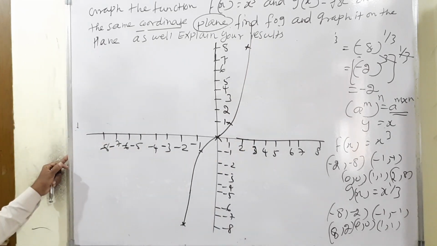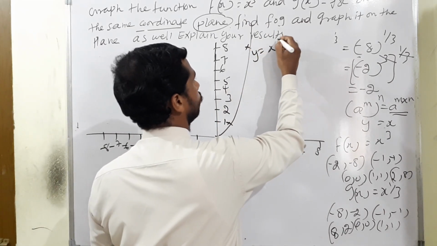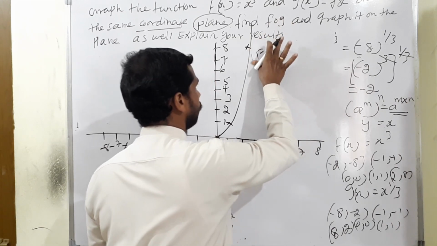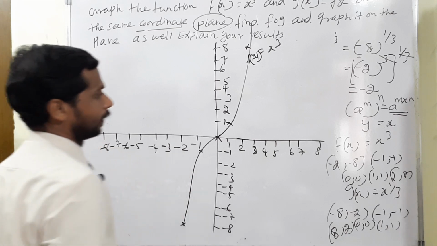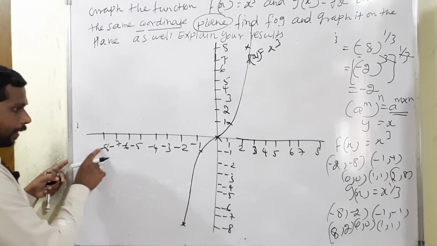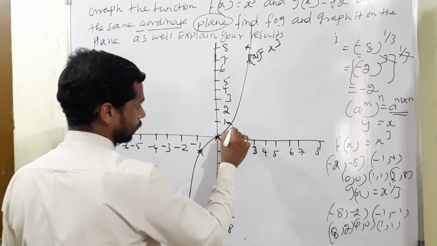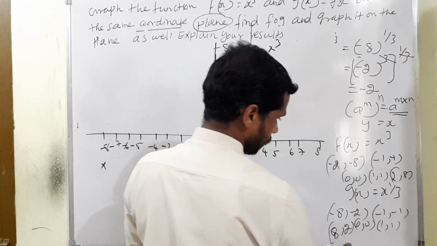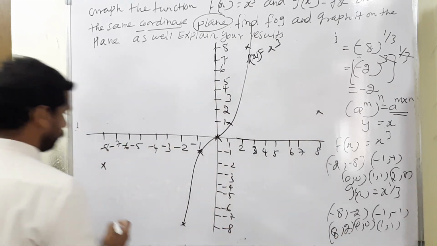Like that. What is the meaning? This is y is equal to x cube, or we can write it f of x. Condition also f of x. Next case g of x: (-8, -2). Next case, same condition, the first three values, but the last case (8, 2) here will come.